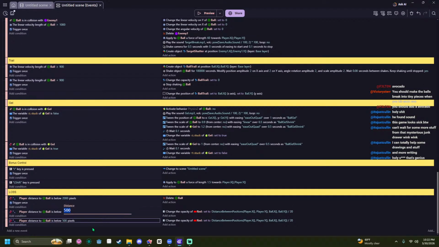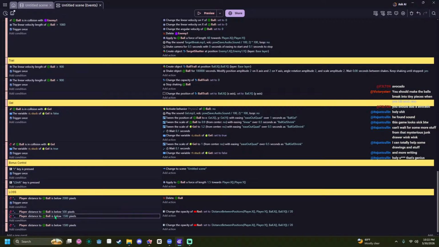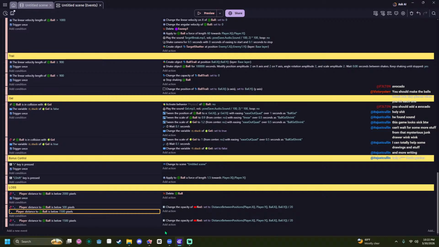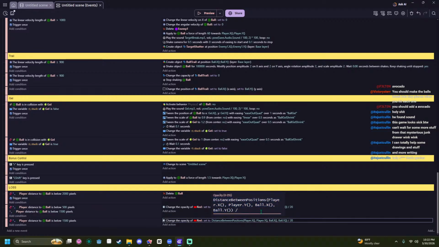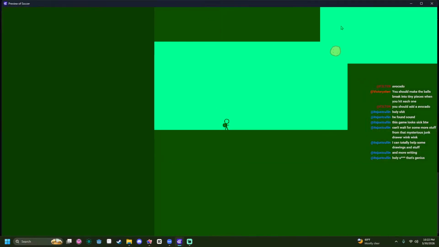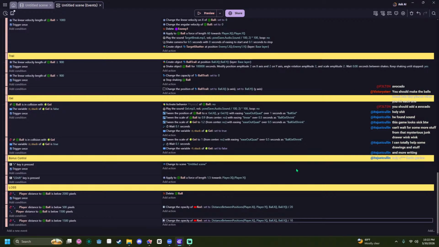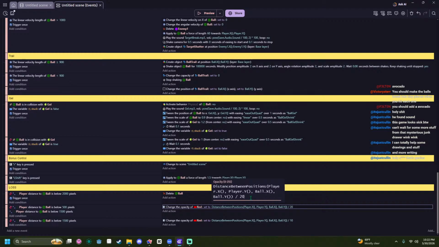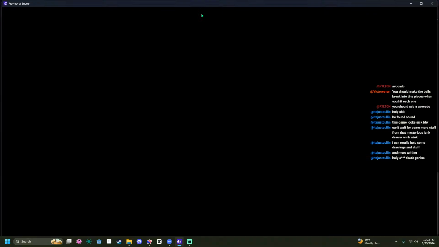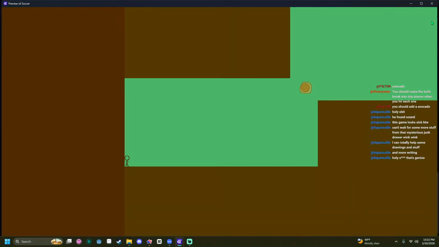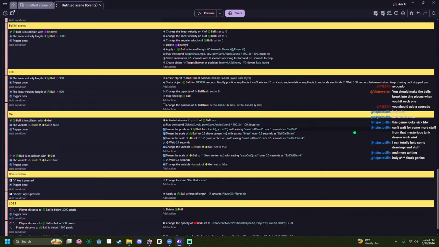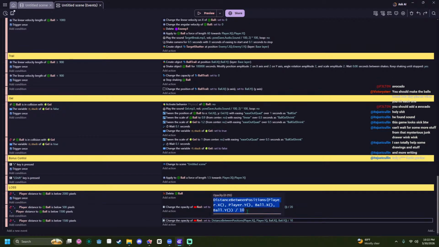We'll do not below 1,500 when it's getting really far. But it does have to be below 500 for this one to work. So if it's not below 1,500, huge increase. Not that much of an increase. 15. Wait. No. 20 and then 15. Let's do like 17.